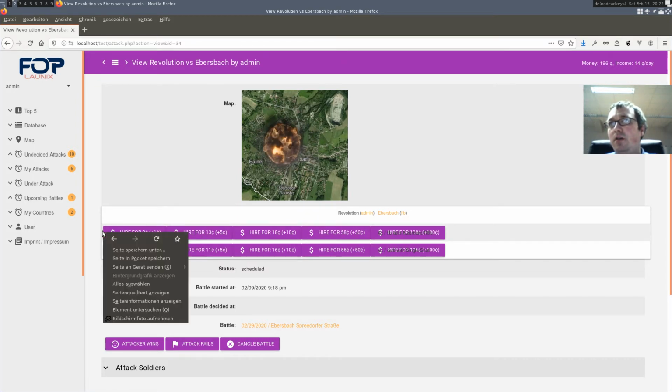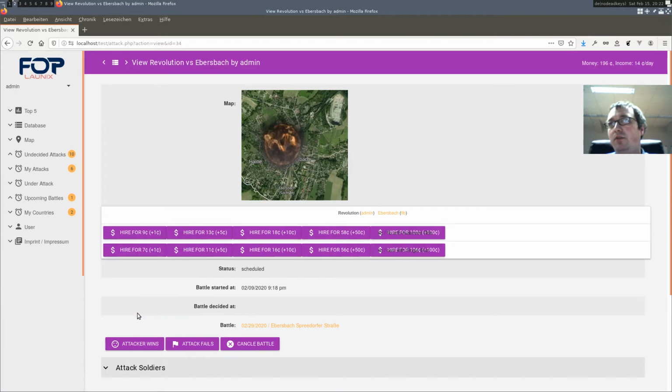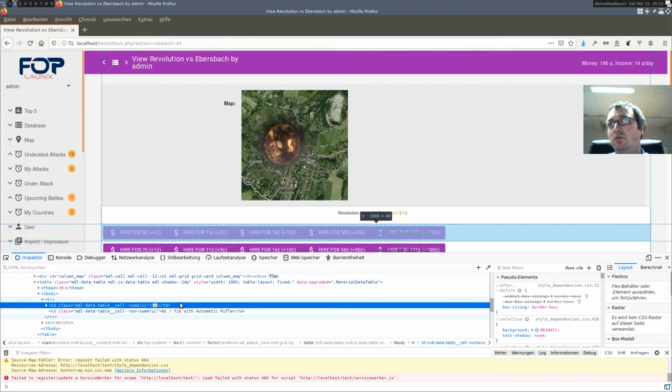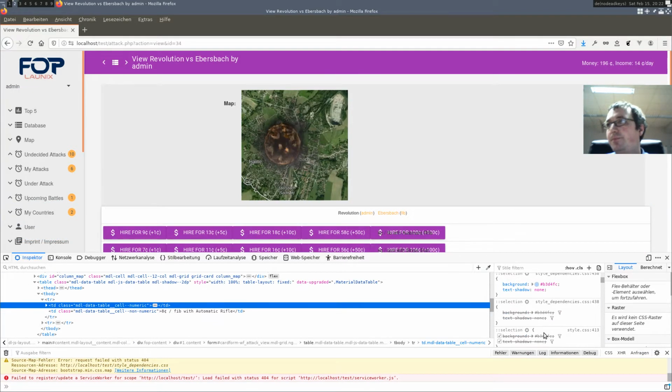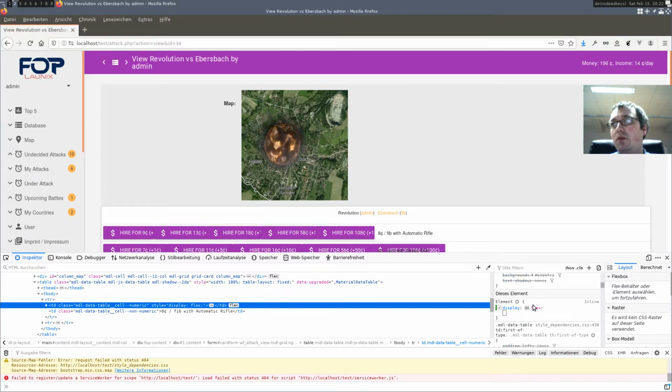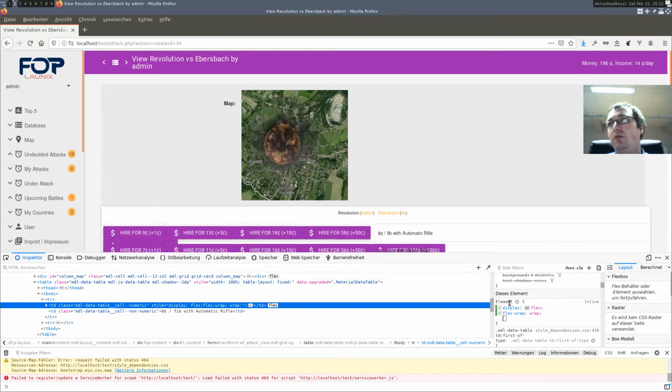Let's see if we can fix it with some CSS magic. Display flex. Flex wrap.